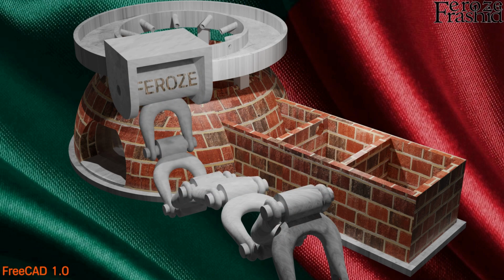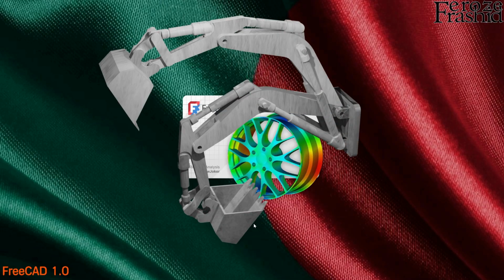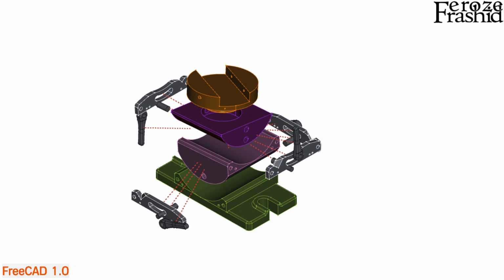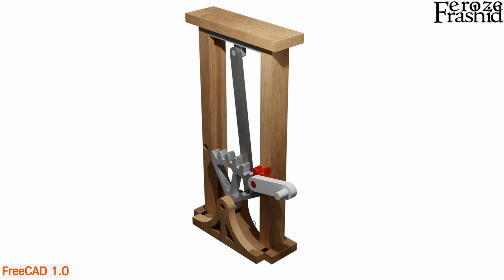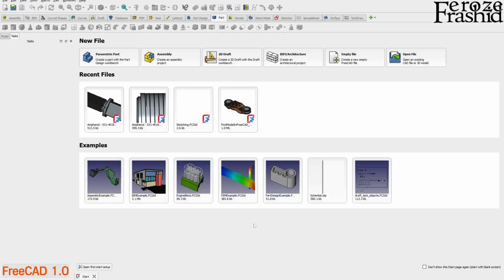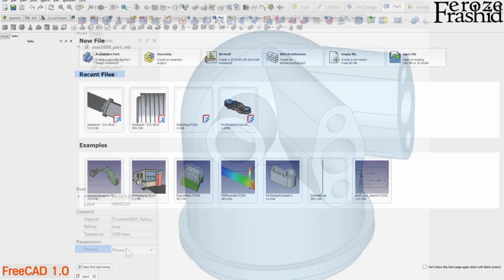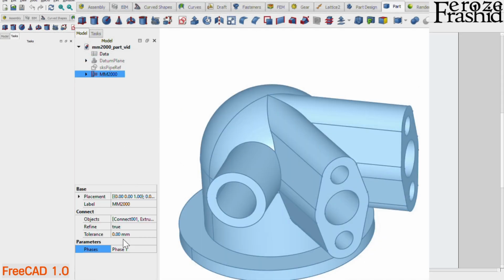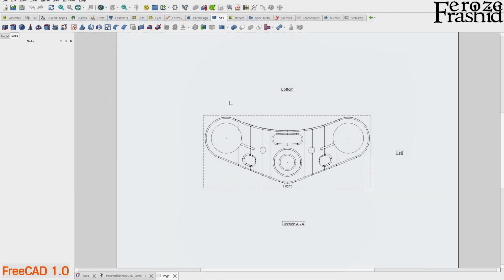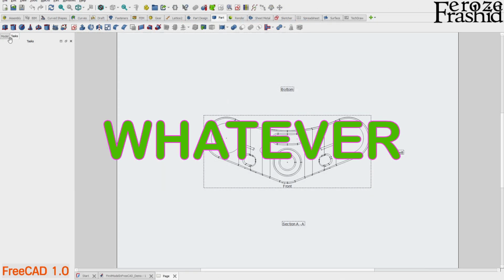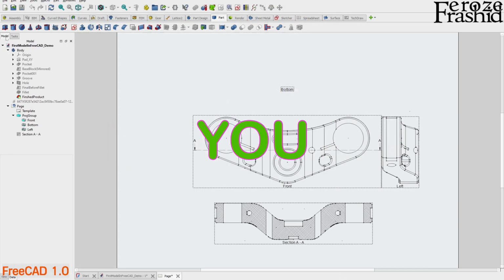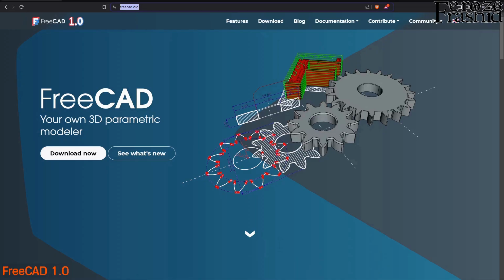As the name suggests, FreeCAD is totally free of cost and an open source software. You will not have to sign up anywhere to download the software, and there is no subscription fee at all. Just like the old days, you install the software and you do whatever you want to do whenever you want to do. So let's get on